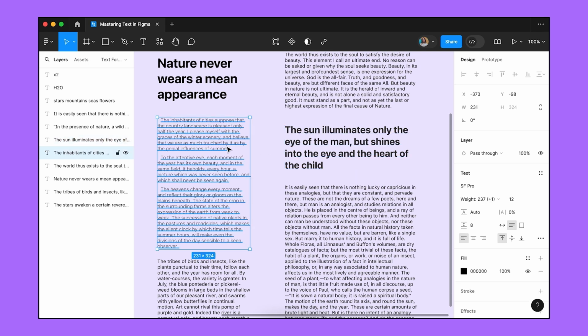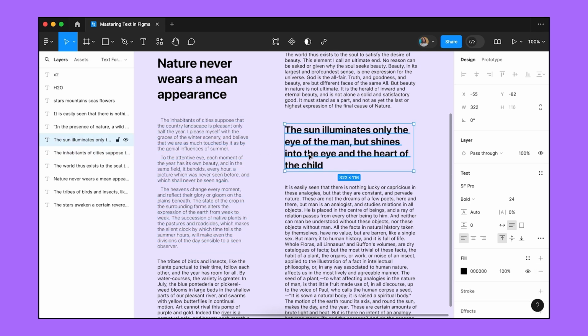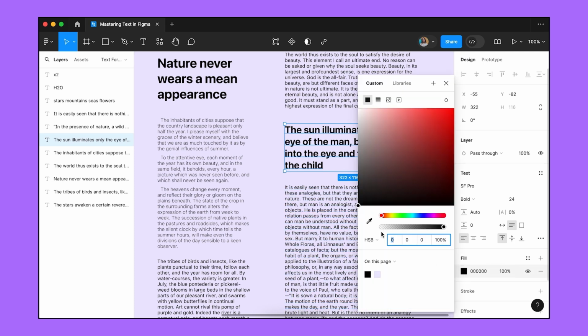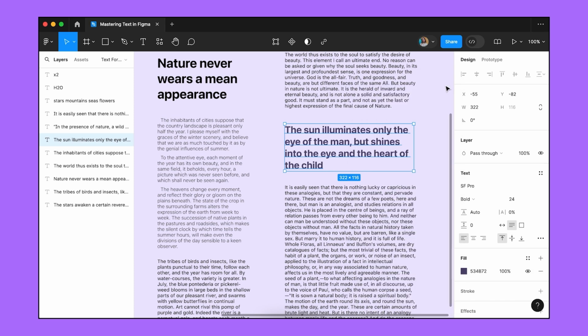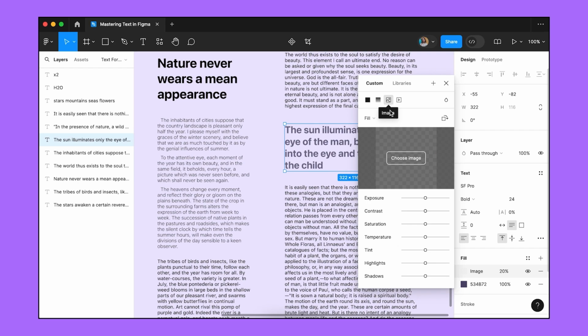Having covered the core text settings, let's explore some additional features that give you more control over the look of your text in Figma. You can modify the color of your text using the fill setting. Use the eyedropper tool to sample colors from your design, or choose and adjust the existing color's brightness to achieve the desired effect. Just like any other layers, text can have multiple fill levels, opening up a world of creative